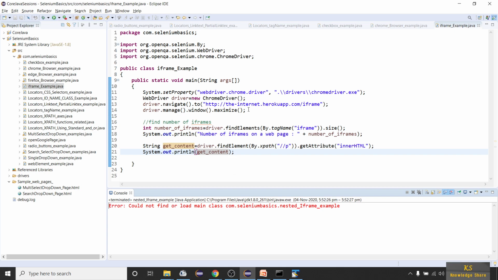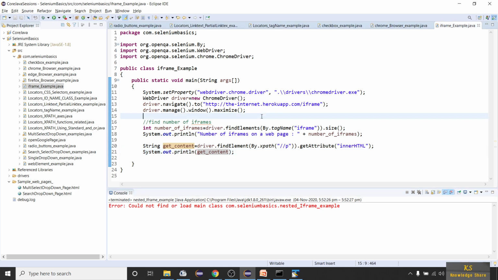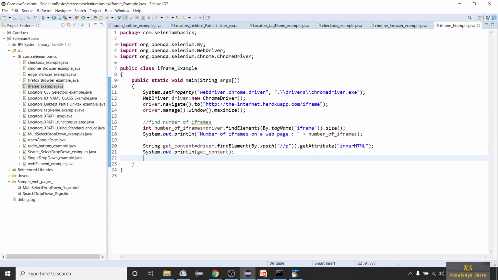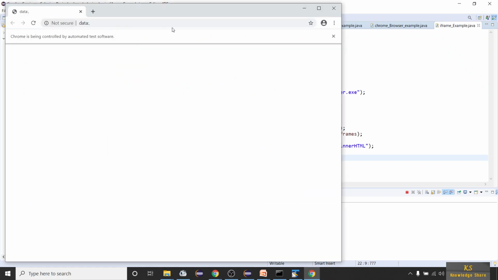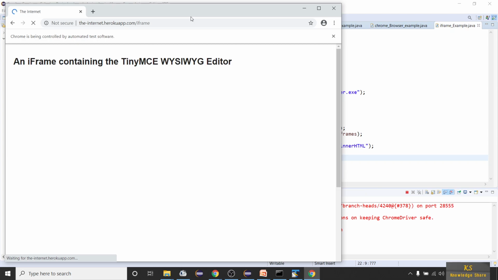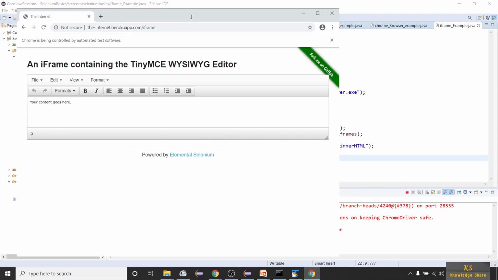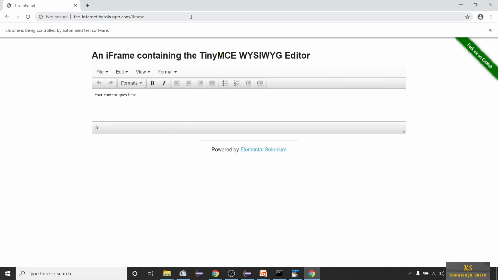Could not load main class. Let me run this again. It's opening the web page and launching the page, and it will maximize. Now let's see what we have.